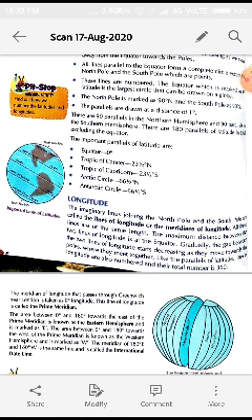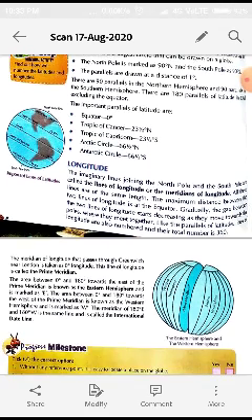Longitude. The imaginary lines joining the North Pole and South Pole are called the lines of longitude or meridians of longitude. You can see the below diagram. All these lines are of the same length. The maximum distance between the two lines of longitude is at the equator. Gradually, the gap between the two lines of longitude starts decreasing as they move towards the poles where they meet together.